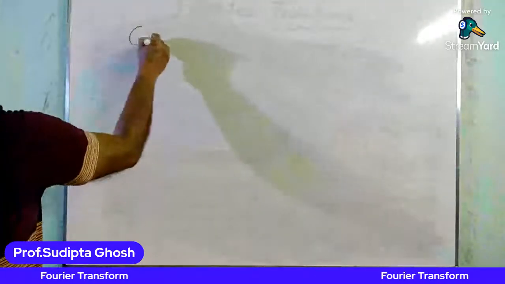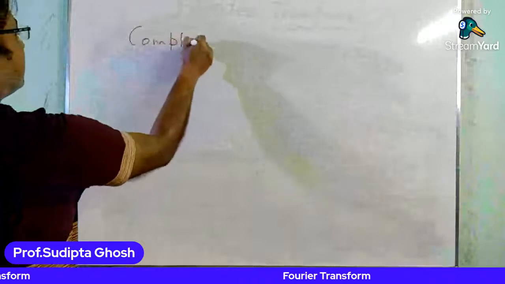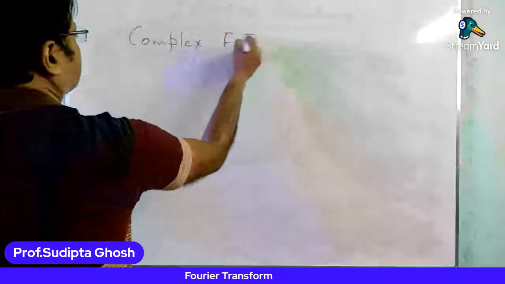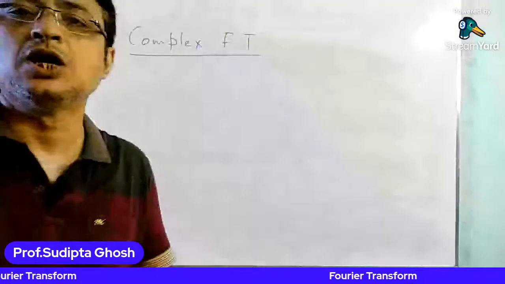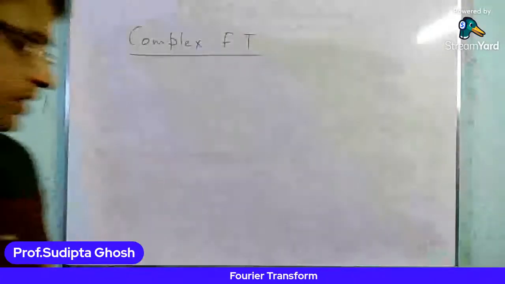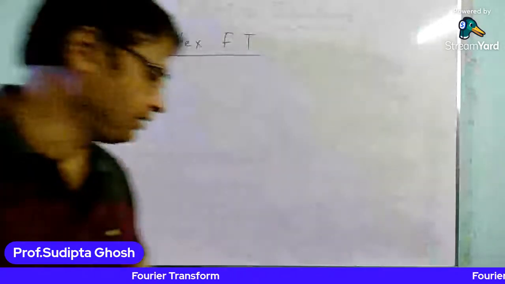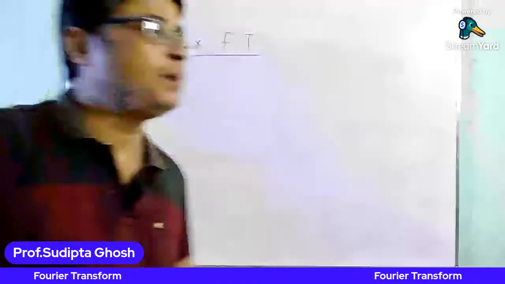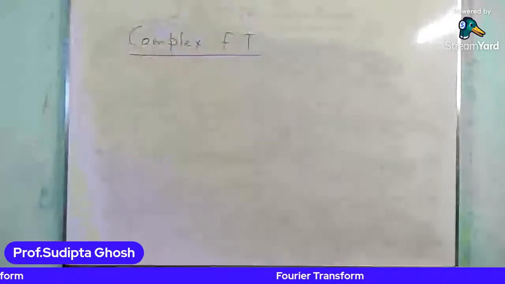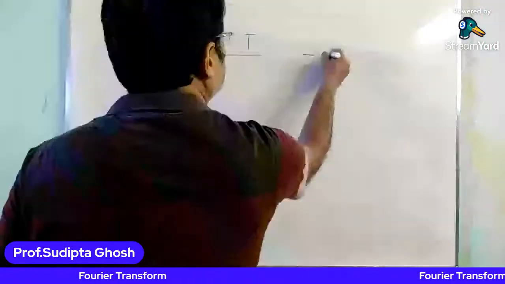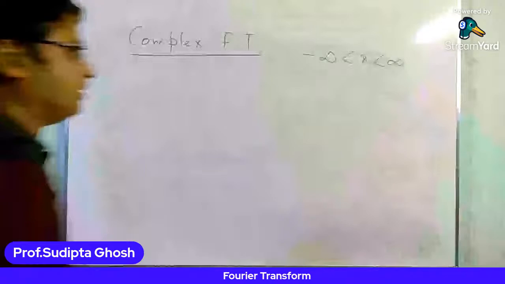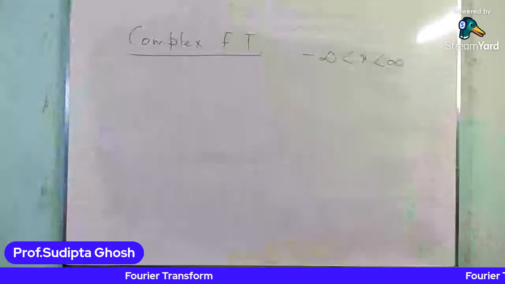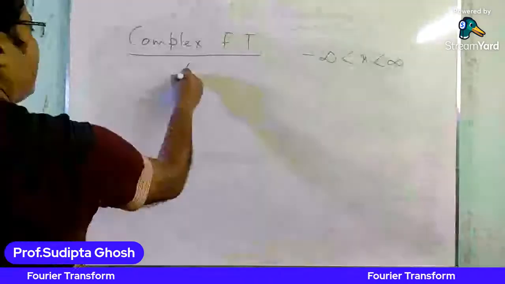Now the third part is complex Fourier transformation. Now for the complex Fourier transformation, f of x, here x lies between minus infinity to plus infinity, and it is defined as